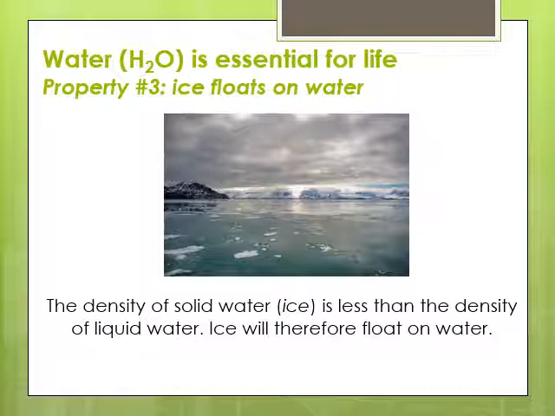Ice floats on water. Okay, and so this isn't essential for all life, right? But a lot of different life forms rely on ice, like polar bears, for instance, which are getting into a little bit of trouble now since we have a little bit less sea ice for them. But these are the kind of things that rely on living on ice, any sort of Arctic or Antarctic animals. And basically, the way that ice can float is the density of solid water, which is ice, right? Frozen water, is less than the density of liquid water,